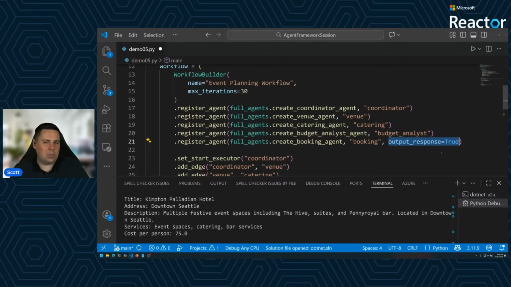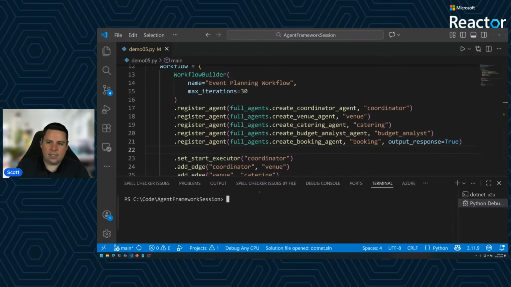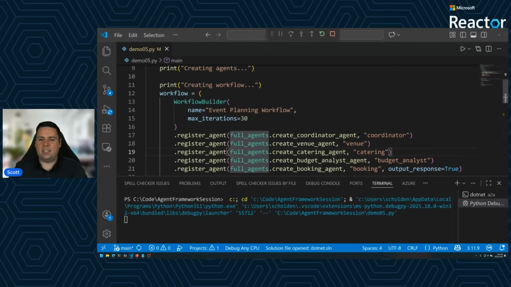And output response is one of those flags that says, hey, for this agent, when you reach this agent, we should be thinking about this as an output stage. And you can attach this to multiple different agents if you want to fan out and then terminate. But I find that this is a step that a lot of people miss when they begin to actually build more complex workflows. But let's actually execute. Let's clear this out and let's execute our workflow and talk about one other thing that's in here.